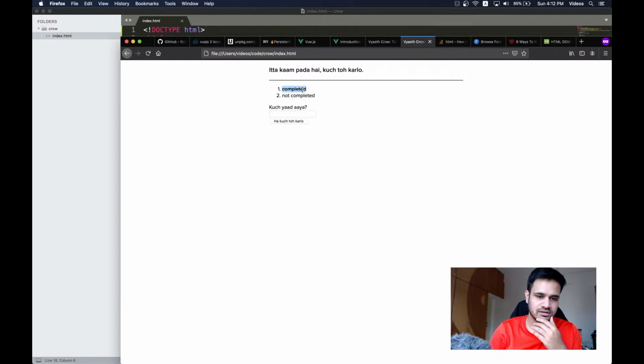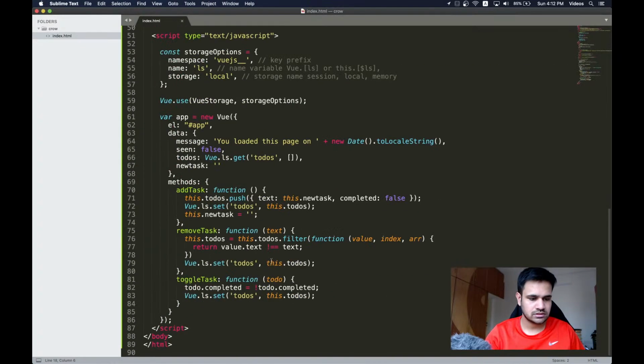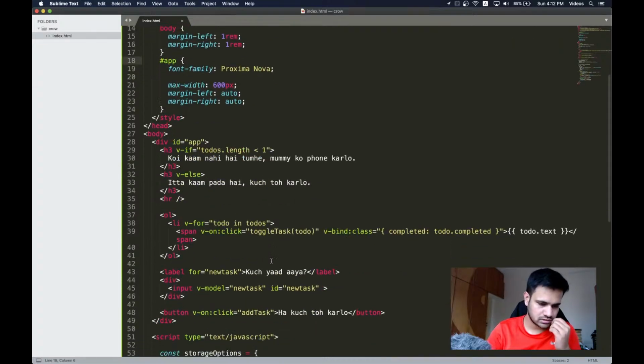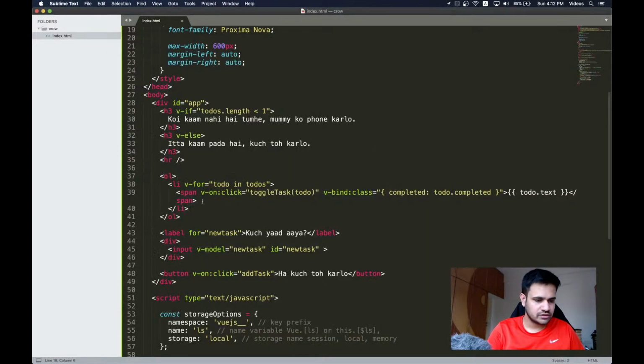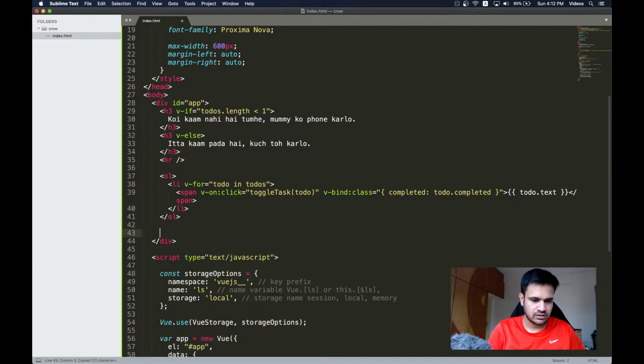See this, great. And like this new task can be moved